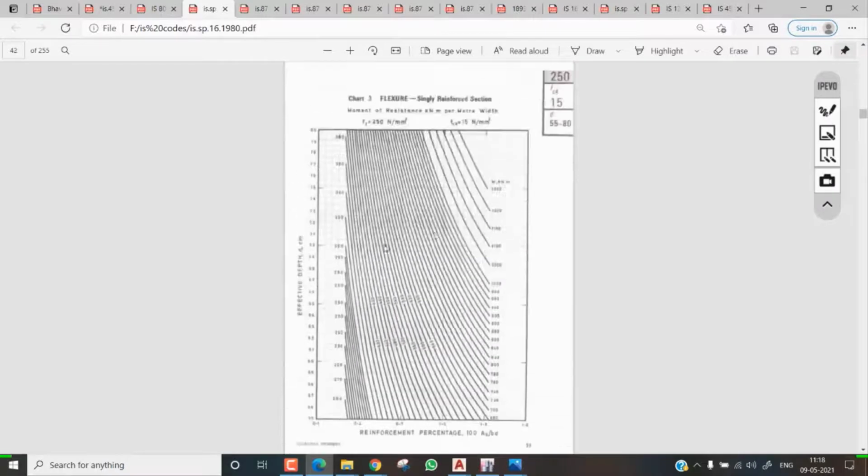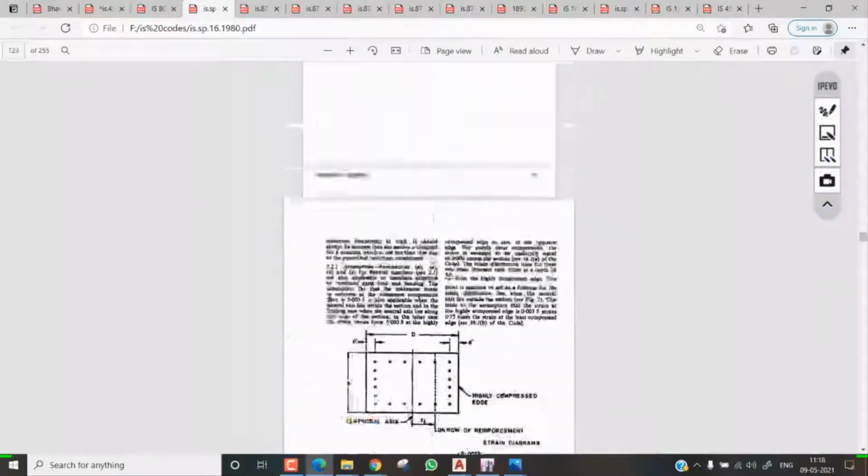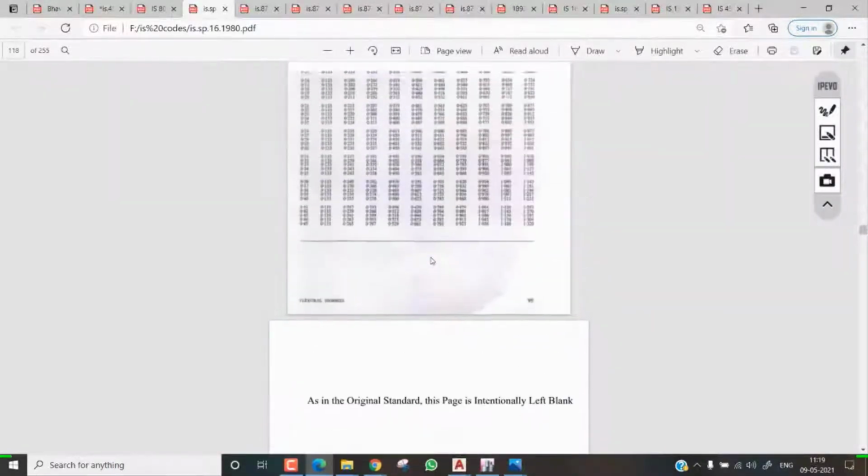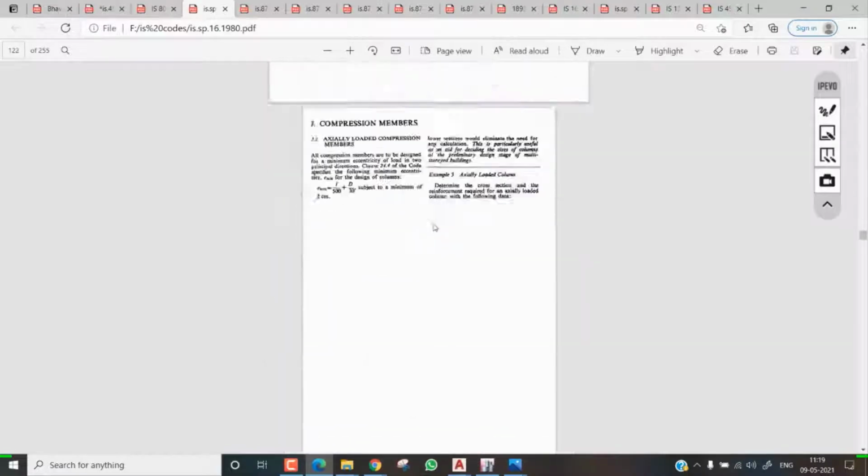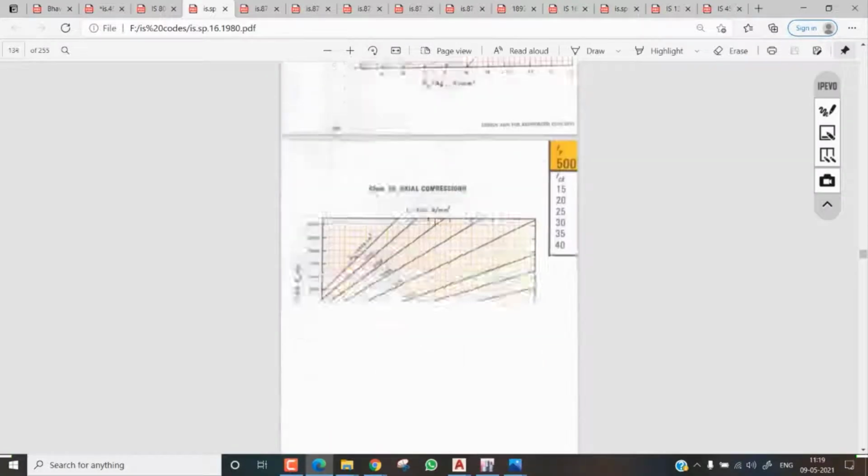Okay, so these are some charts. Just go to the downside. Some of the development lengths are also here. So here you can see all this. Some of these are the charts and these things. And if you go to here,